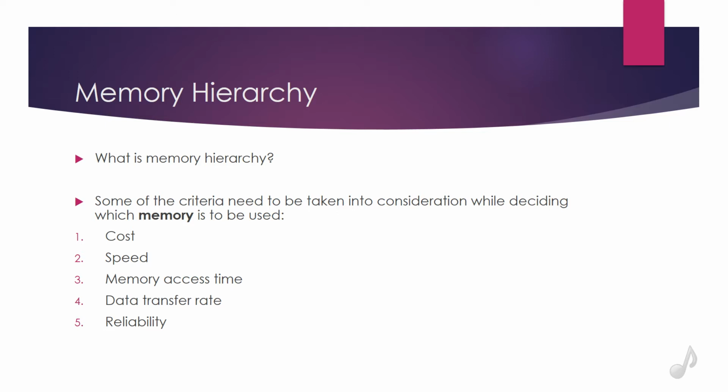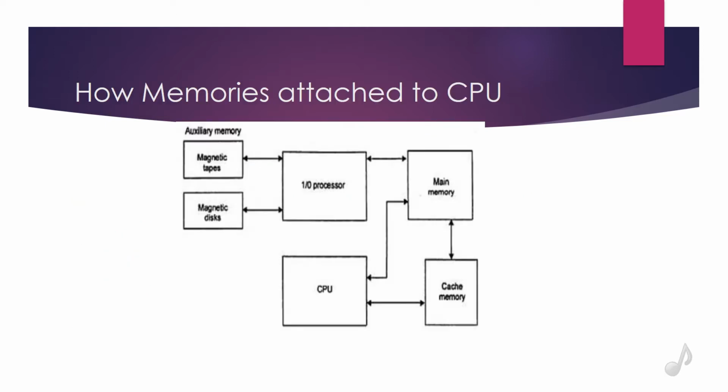Some of the criteria that need to be taken into consideration while deciding which memories to be used are cost, speed, memory access time, data transfer rate, and reliability. Now we will see how memory is attached to the CPU. As you see in the diagram, a computer system contains various types of memories like auxiliary memory, cache memory, and